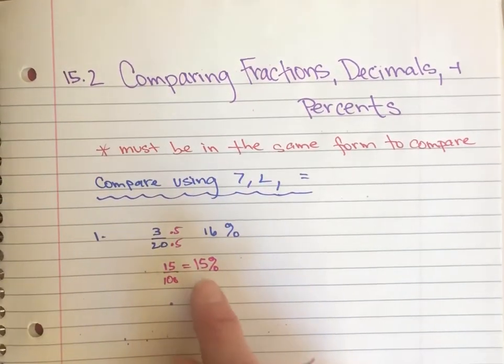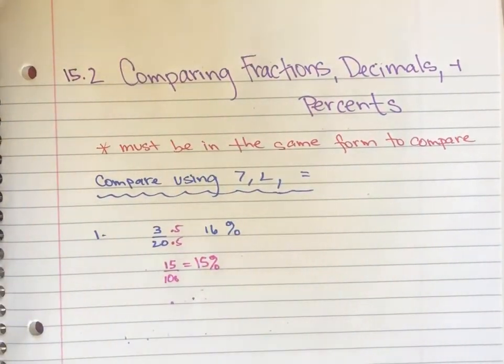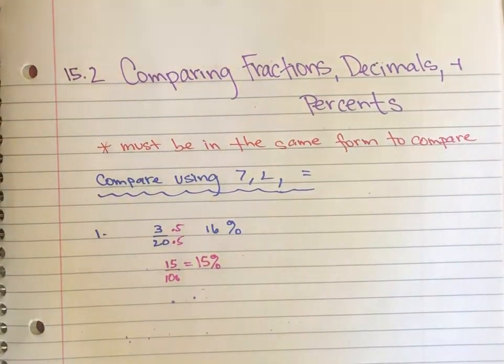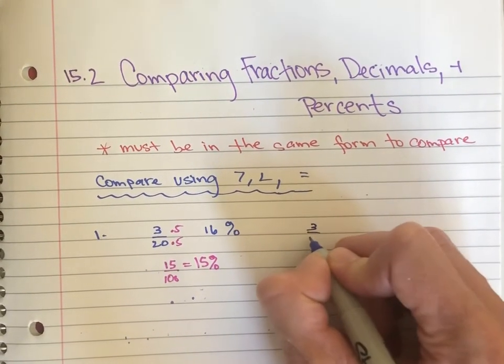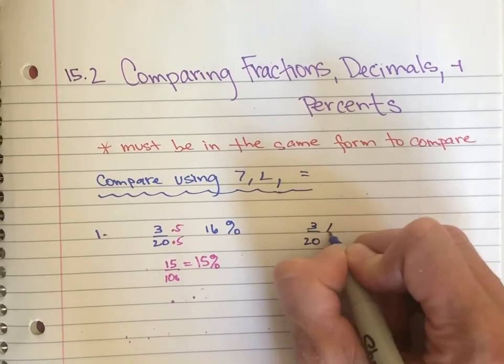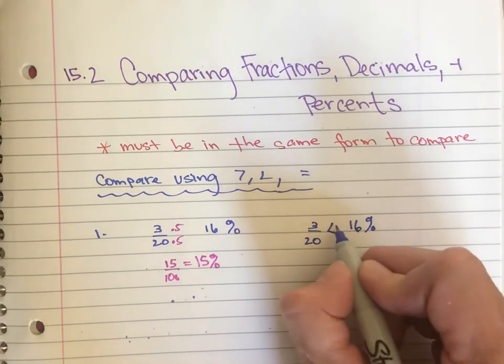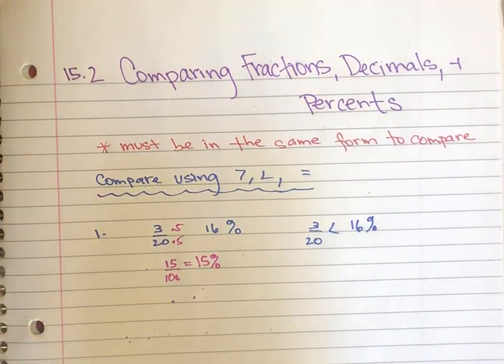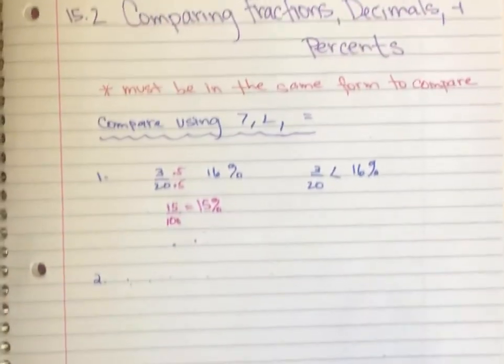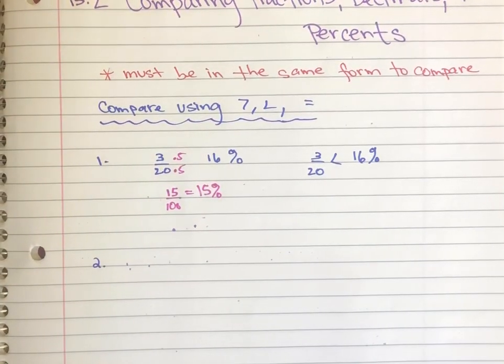Well, now it's very easy to say which one is bigger and why. So then I can write 3/20 is less than 16%. Remember, alligator mouth always eats that bigger number. Okay, let's try a couple more. Number two, we're gonna compare